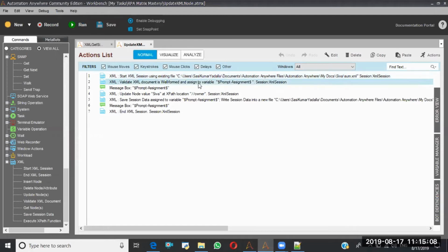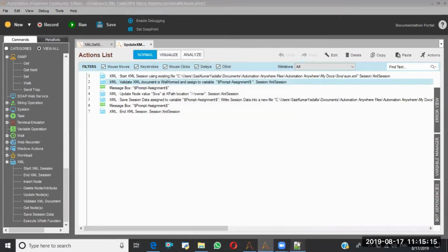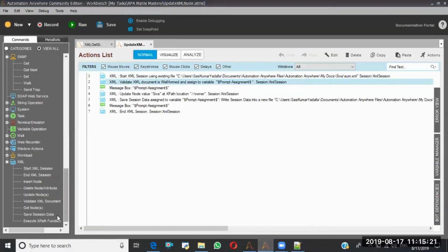So here the result will be invalid. If you observe here, the result will be valid or invalid. Like this, before performing the operations, we can validate the XML by using the validate XML document command.